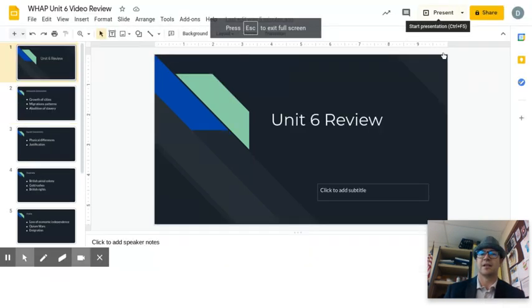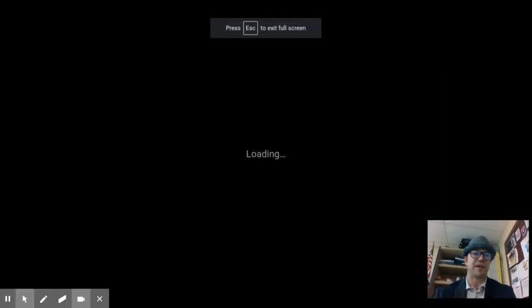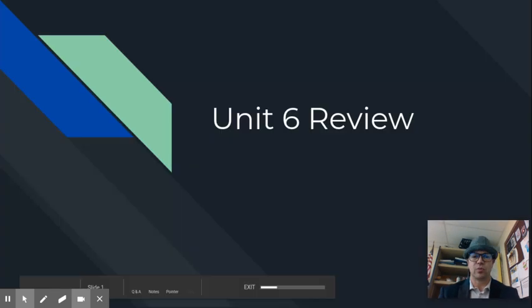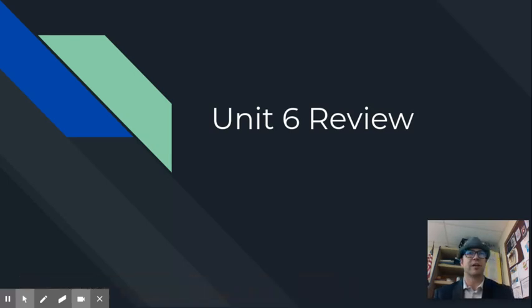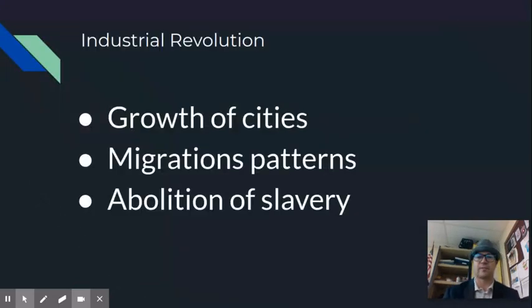Obviously, this unit is mostly about the effects of the Industrial Revolution as we see it with imperialism, especially in Africa and Asia, but also really you see some American imperialism in the Western Hemisphere as well. So keep that in mind. So just a couple of topics we're really going to focus on for the test here.